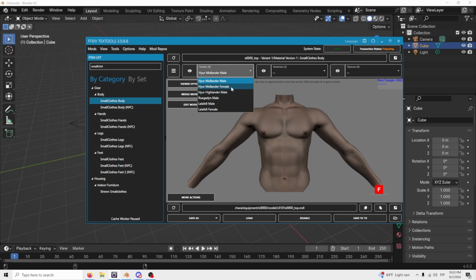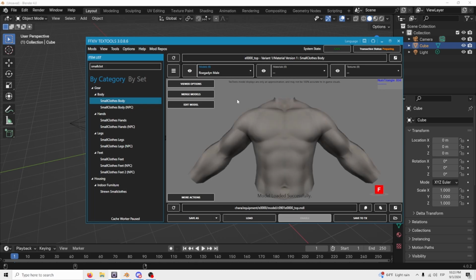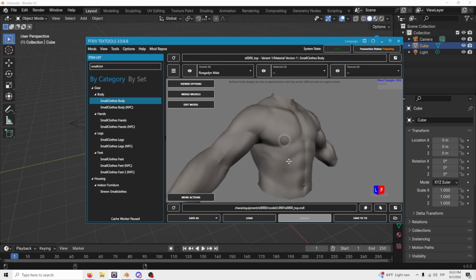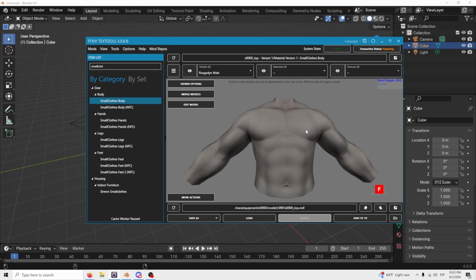The same happens with the Midlander female, but the Midlander female covers a lot more bodies. All the tall females are based on the Midlander female, just with different scaling. In a lot of cases, particularly the chest of the Highlanders is going to be different. Roegadyn is here, but there is no Hrothgar, because Hrothgar and Roegadyn share the same model. The only thing that's not visible here is that